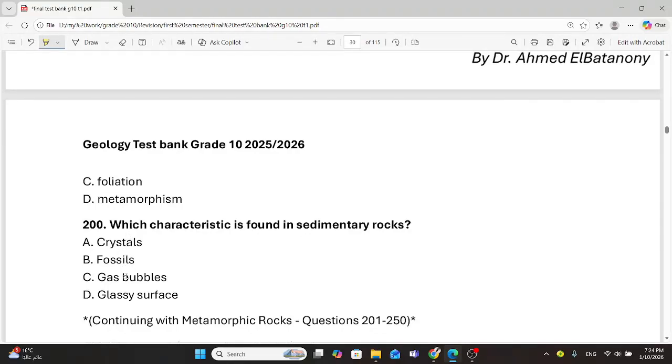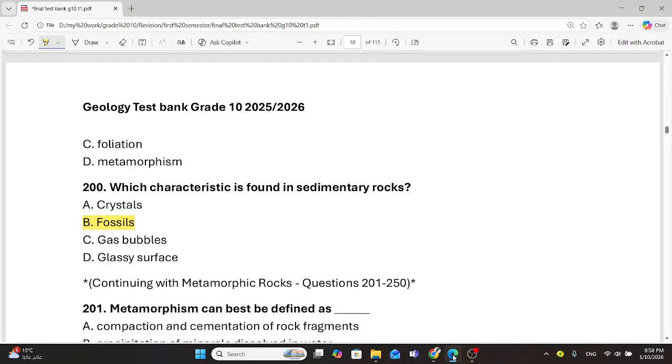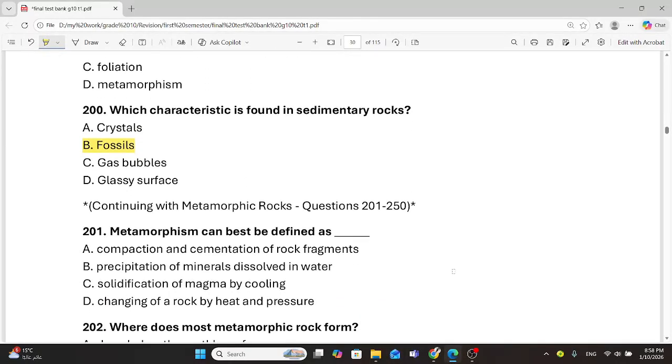crystals ولا fossils ولا gas bubbles ولا glassy surface. طيب تبقى الفوسلز هي الكاركترستكس أكتر حاجة بنلاقي فيها فوسلز، السedimentary rock نعرفها بالفوسلز. طيب خلونا نكمل. Question